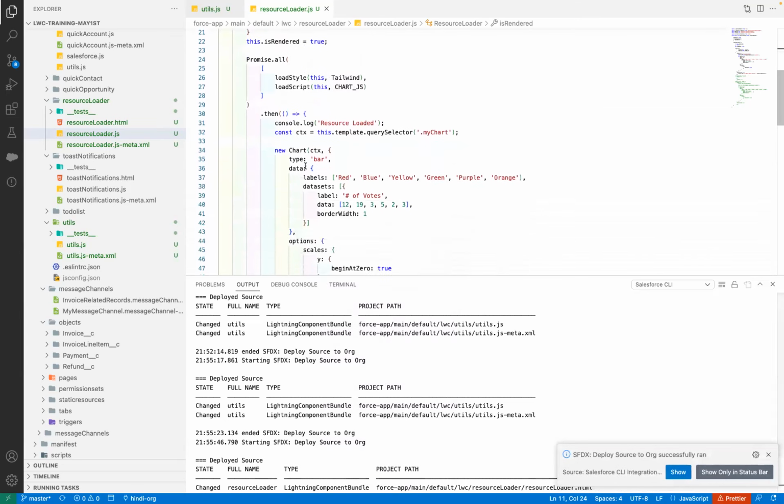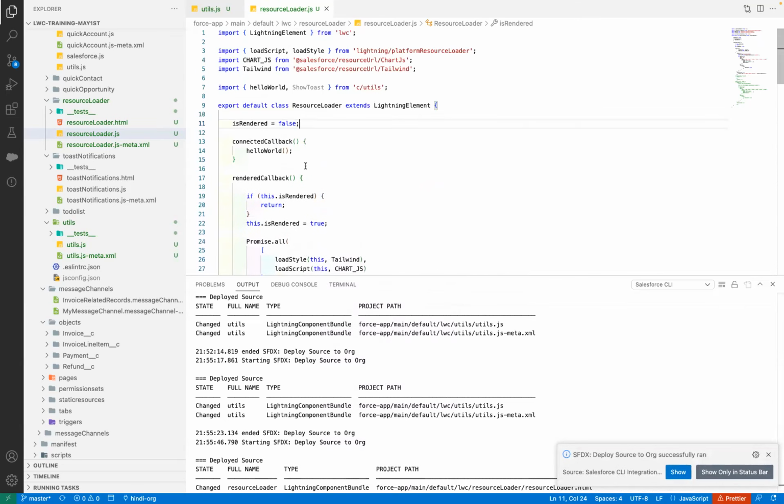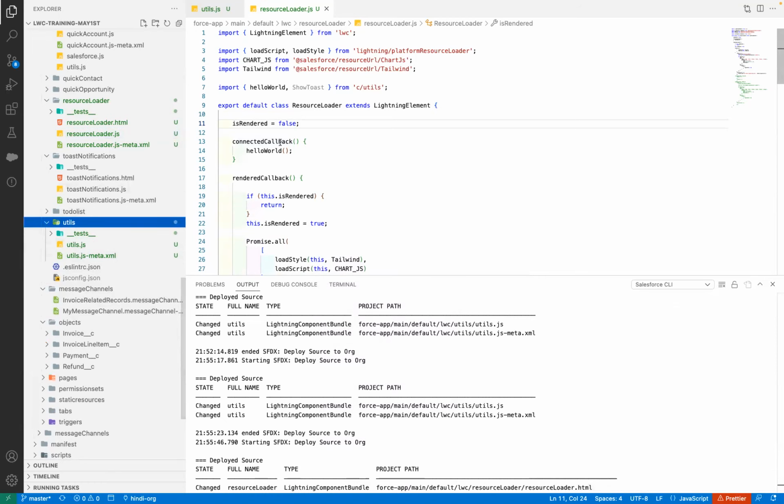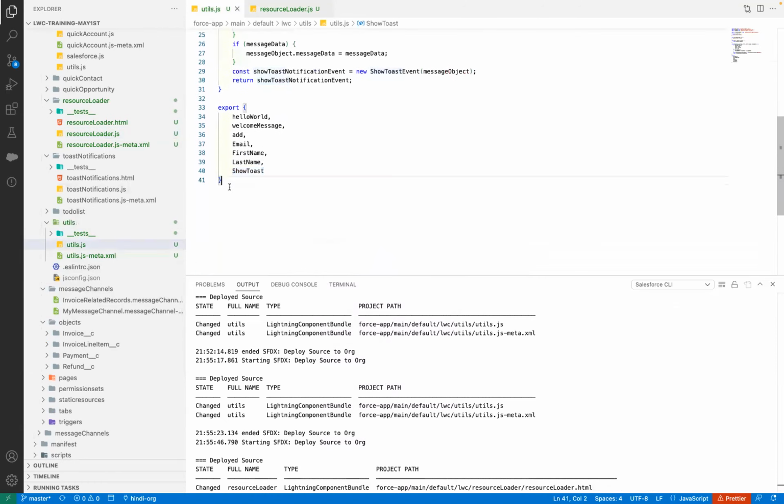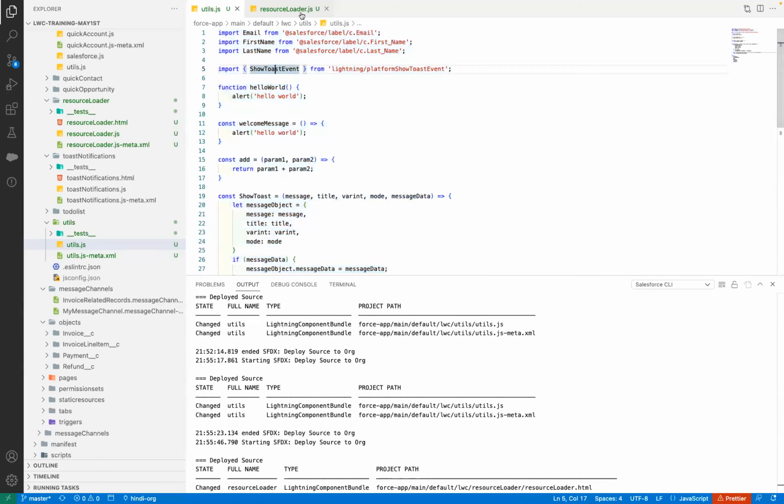So that's how basically you create the reusable JavaScript. There would be multiple cases where you might want to create reusable JavaScript. This is going to be a utils, and this utils is going to have the code that you are using across your complete Salesforce org. There could be some use cases where you want to reuse the code within the Lightning Web component itself. So let's say that you have got a huge Lightning Web component, more than 700, 800 or 1000 lines of code, and you want to put some code in a different file so that it looks better and